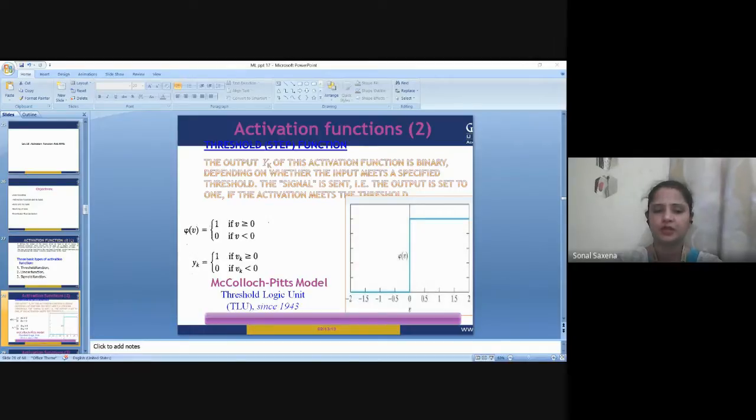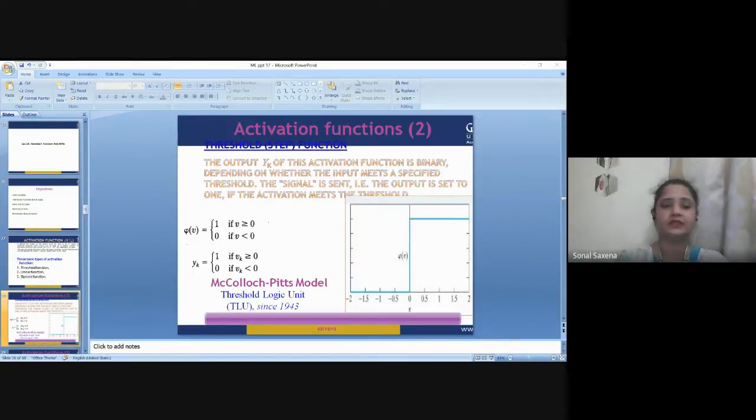What are the uses? It is usually used in the output layer of a binary classification problem where the result is either 0 or 1. We have seen this because it is of the form 0, 1. So it is more suitable for classification problems where we need to output either class 0 or class 1. Right. As the value of the sigmoid function lies between 0 and 1 only, the result can be predicted easily to be 1 if the value is greater than 0.5 and 0 otherwise, right?